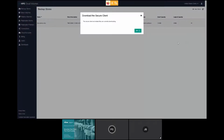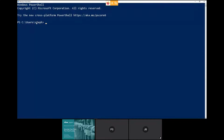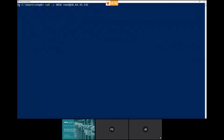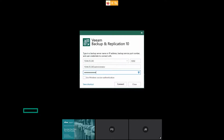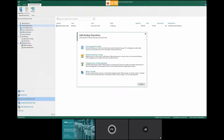There are a couple of different ways of doing this. Within this demo, we're utilizing a PowerShell toolkit to install the client. As we install this client, you will notice that we are creating the connection from the source data center, which is the customer's production data center. We're creating that secure connection from the customer's data center into the Cloud Volumes Backup. We then go about creating a new backup repository. So we've logged into Veeam, and we'll go ahead here and create a new backup repository